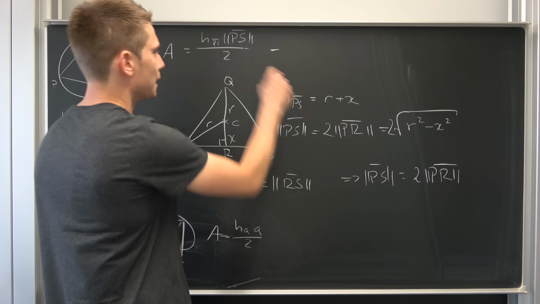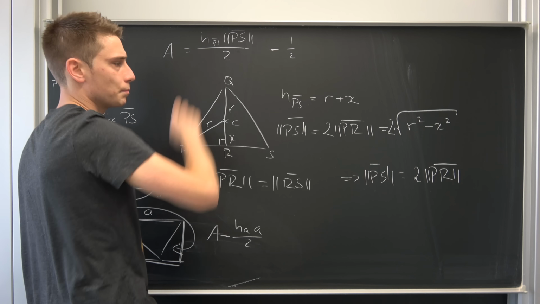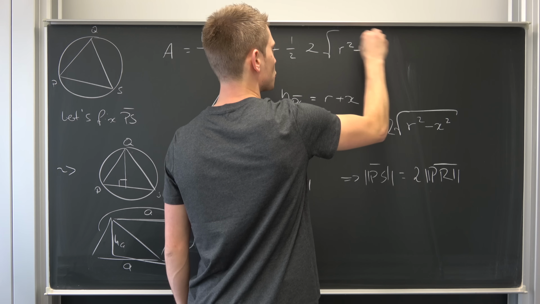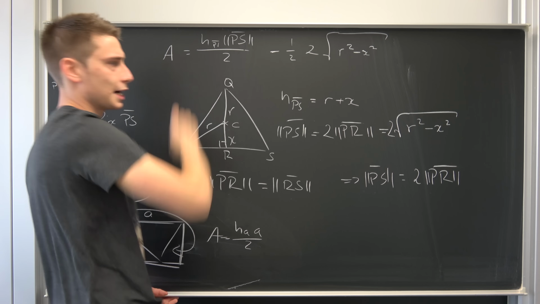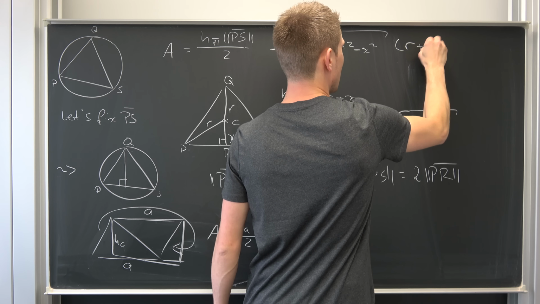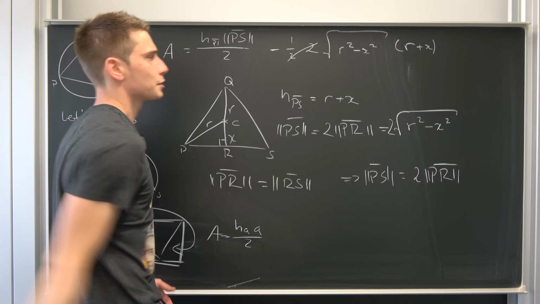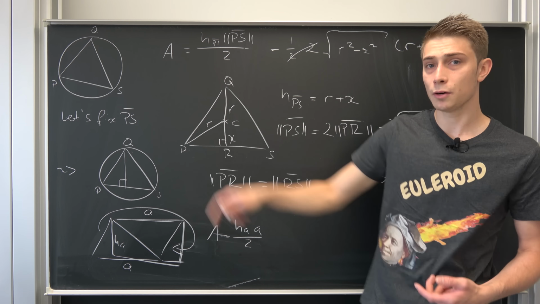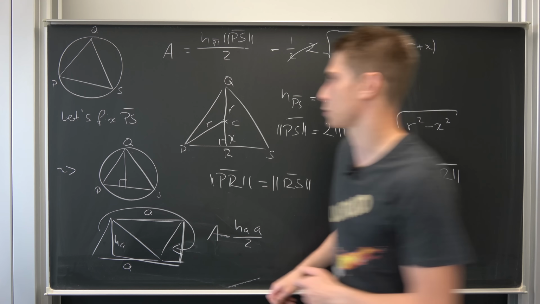Okay, so what do we have? We have 1/2 times the side PS, which is nothing but 2 times the square root of R squared minus X squared. And also we have this height right here, which is nothing but R plus X. So you see, this is going to cancel out. And in order for us to maximize this area, which is now a function with respect to our X right here,